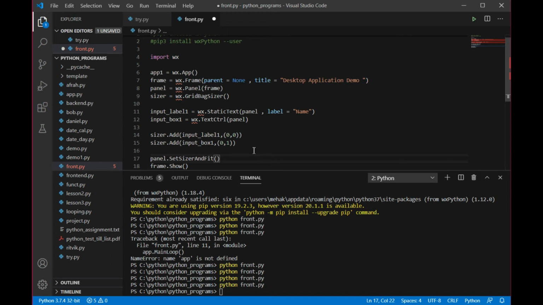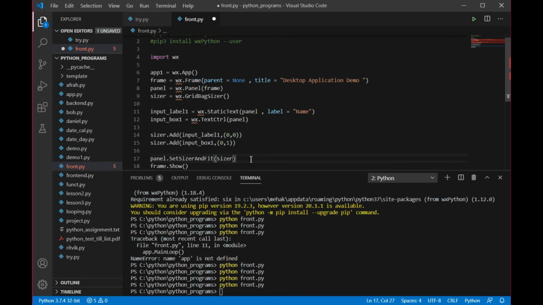Fit what? That is sizer. So according to the size, suppose if you have written last name, it is going to fit according to the size. I'm not saying that 0 1, you don't know how long that is going to be. So we are saying as much as it requires. Give them that much space, whatever is required.